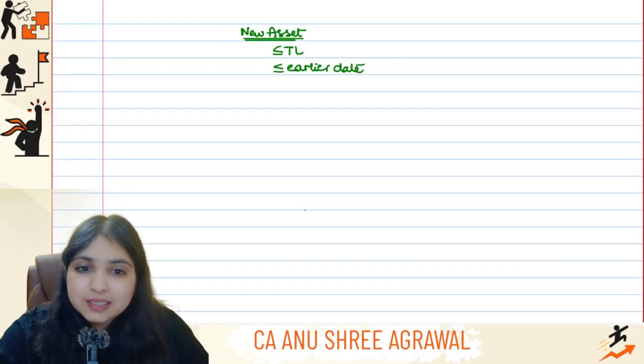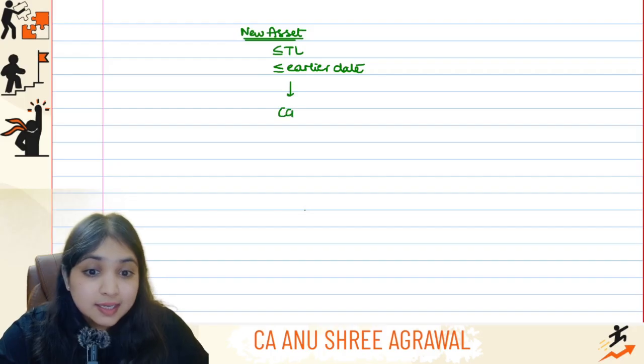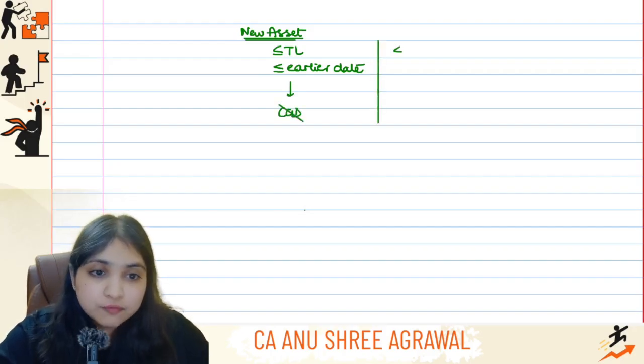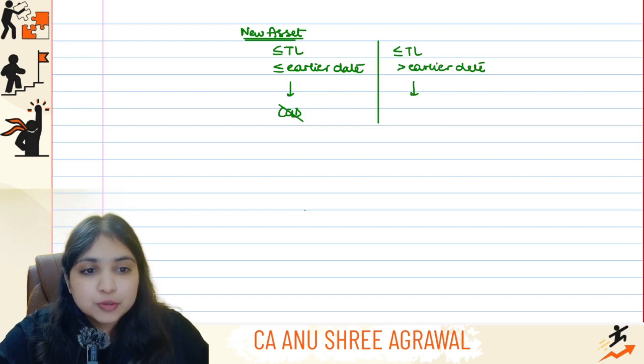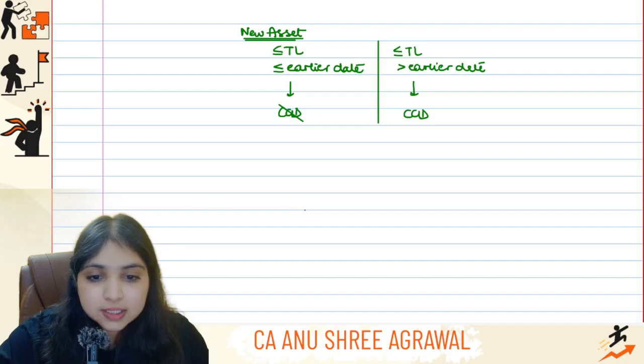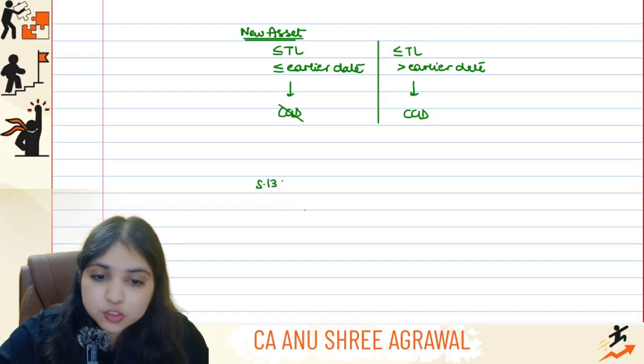If you buy it within the time limit, and also within the earlier date, then the CGD concept itself will not apply. However, if you buy the new asset within the time limit, but after the earlier date, then you have to put the money into the CGD account, only then you will get the exemption. Alright, now what is the earlier date? The earlier date is nothing but your applicable 139(1) date, or when you actually filed the ITR, whichever is